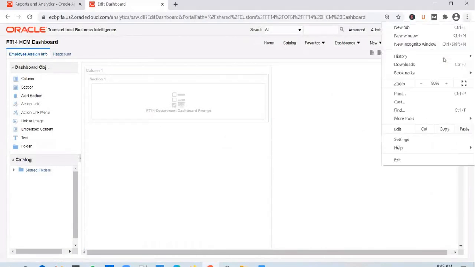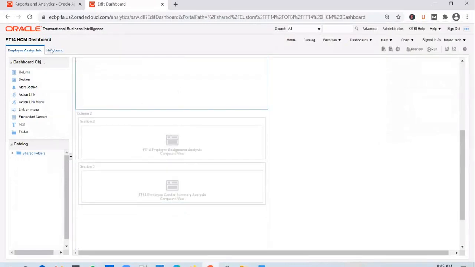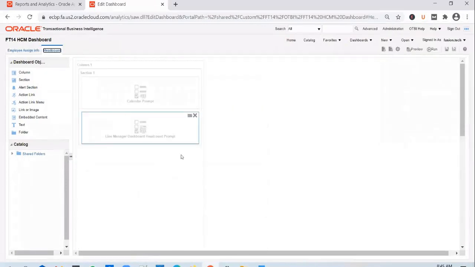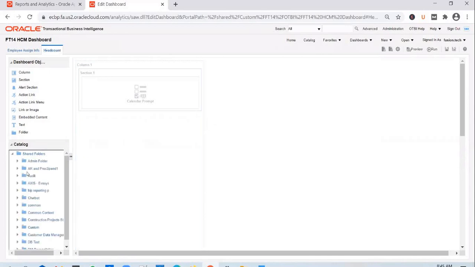And what do you see in here? You see that, so if I reduce the source size a little bit. Sorry, if you go to the second page, you see the line manager dashboard headcount prompt. So you take it off and you add in the custom prompt that you have created.